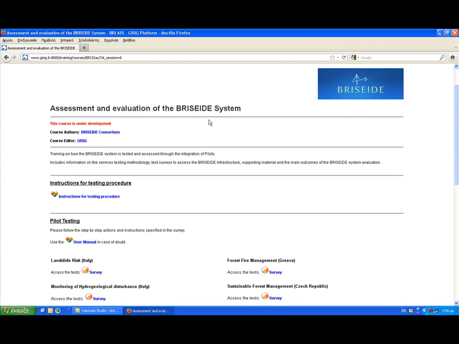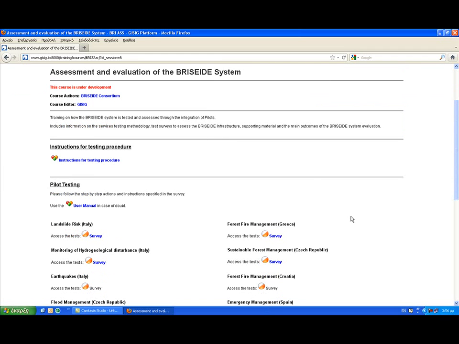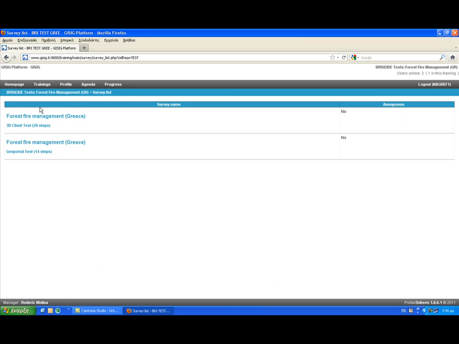And we go down to forest fire management in Greece and access the survey link, where we have two options: forest fire management Greece 3D client in 28 steps, and forest fire management Greece geoportal test in 14 steps. We will go with the 3D client first. We click on it,